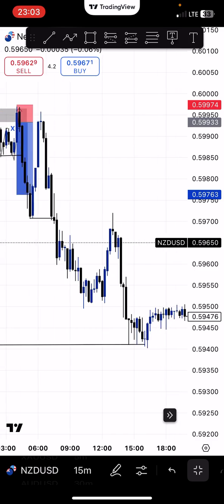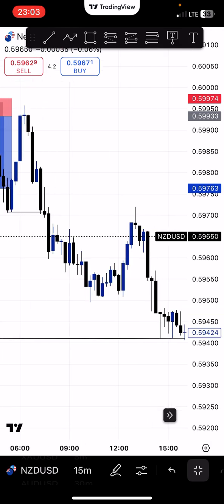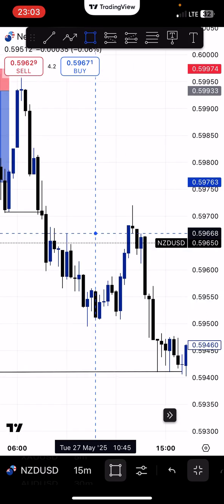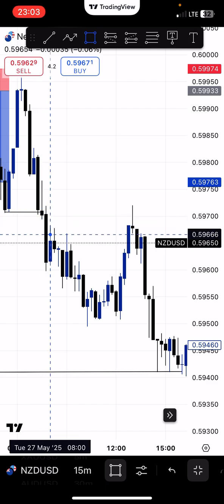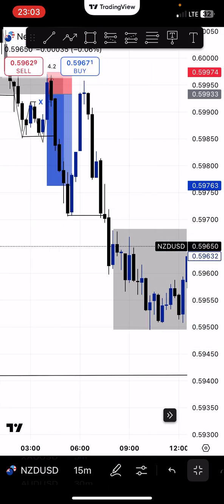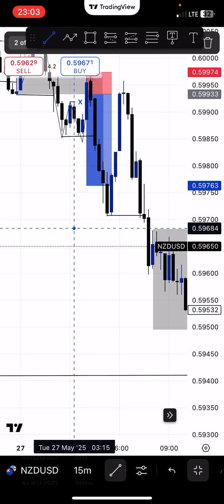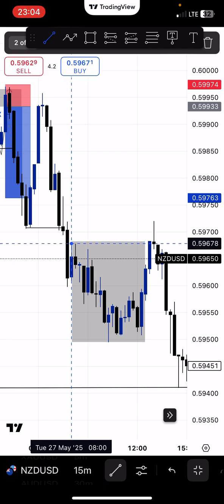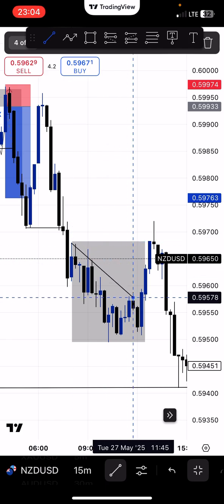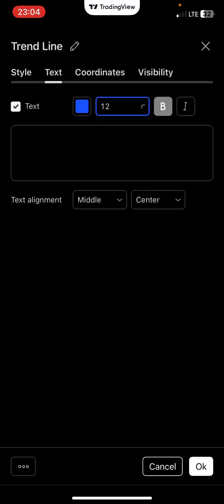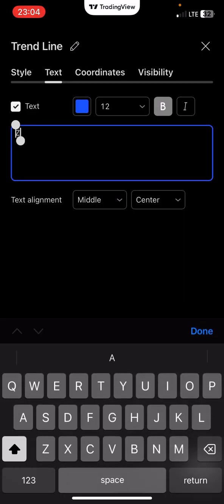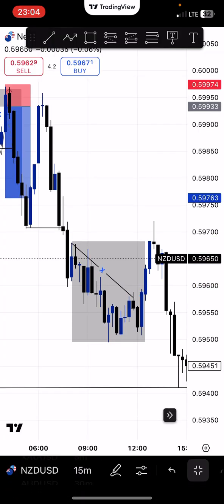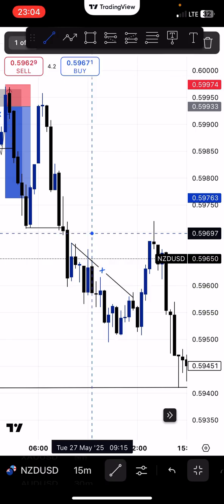So after the market gave us that breakout structure, this was when I noticed the market. I now scroll across the chart, analyze, and I noticed this range. From this range I started noticing what the market had given us: this set of liquidity, this set of highs. All these are liquidity, trend line liquidity. The market gave us this set of liquidity to sweep, and like I said previously, it did